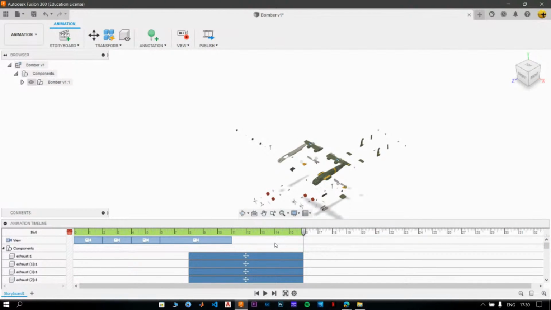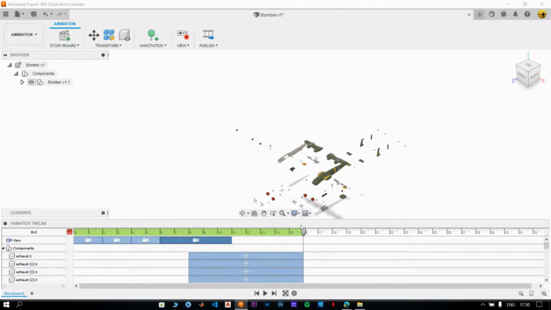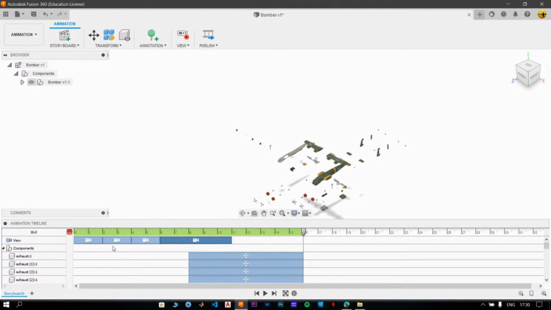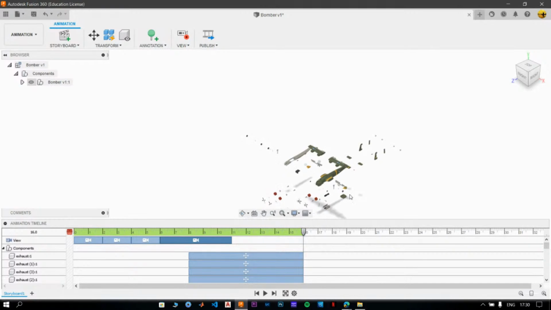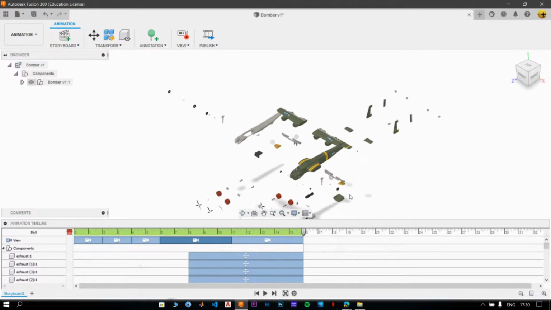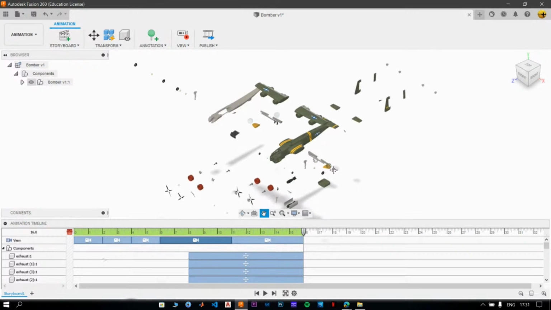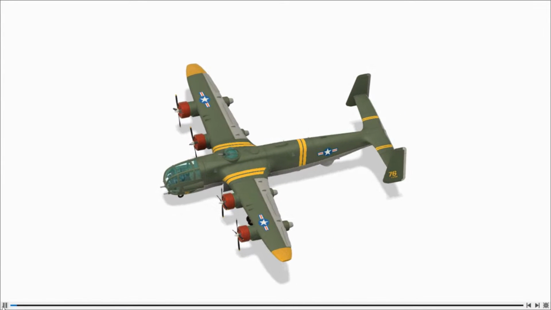If you want to make any more changes, again, you can just simply select any of the part or any of the time frame in the animation timeline, and you can make changes to that. I am happy with this one, so I'm not making any changes. If you want to zoom in, you can zoom in on the exploded assembly like this, and again, as you can see, all of that is going to get recorded over here. So again, for the final last bit, if I play the animation from start,